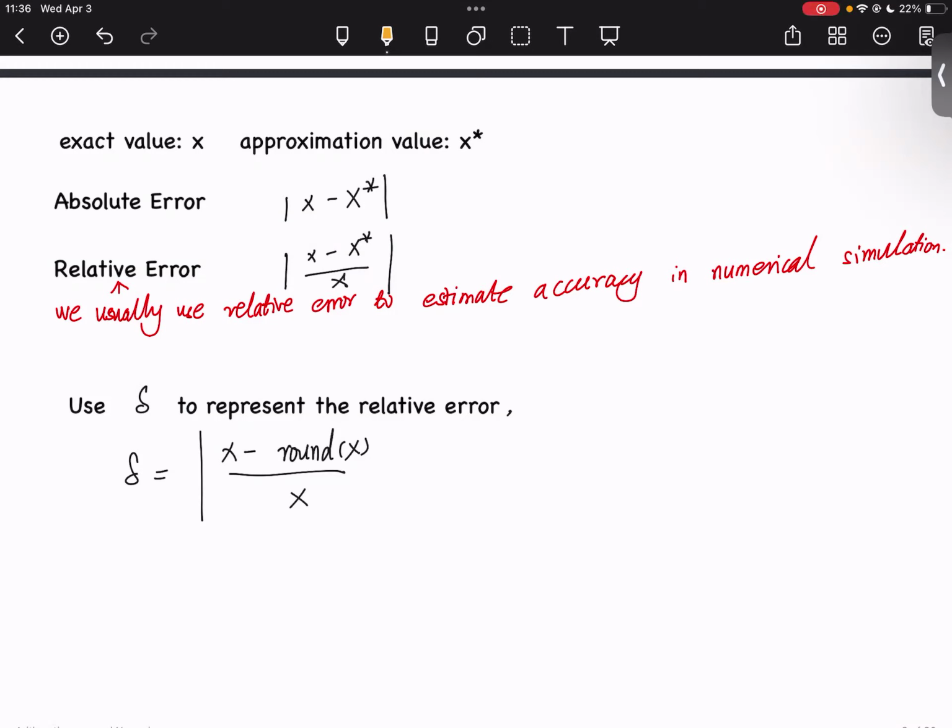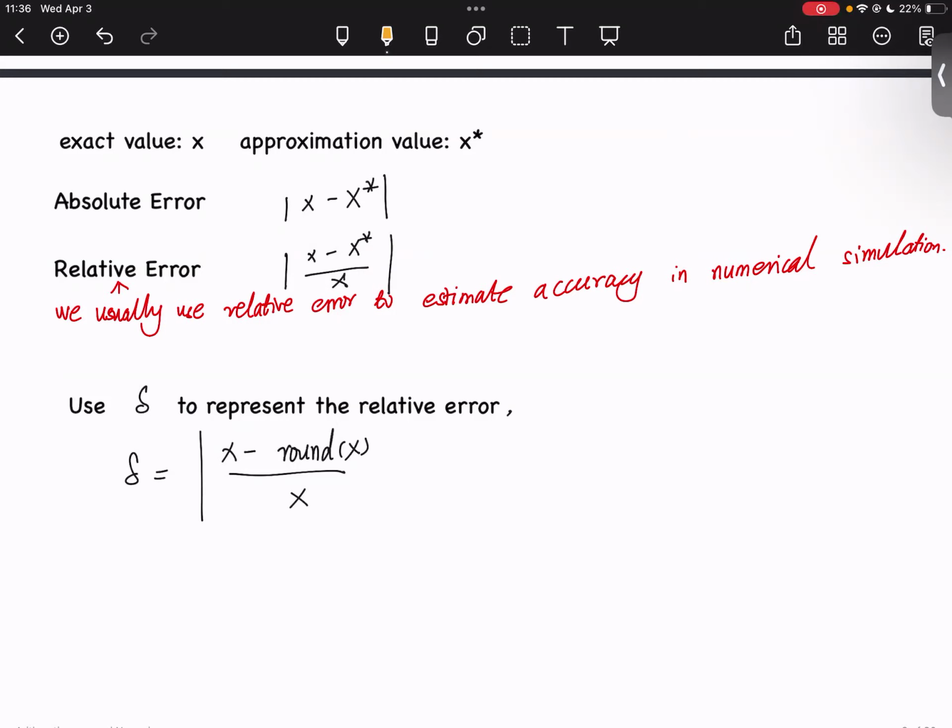A lot of the time you just say, you owe me $3. And that is the absolute error. And then we use the solution: let's subtract the approximation's value and get the absolute value, and that is the absolute error. But this doesn't make a lot of sense in mathematics, because a lot of the time your